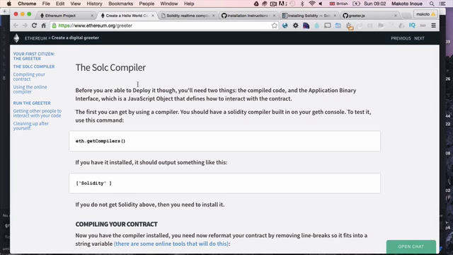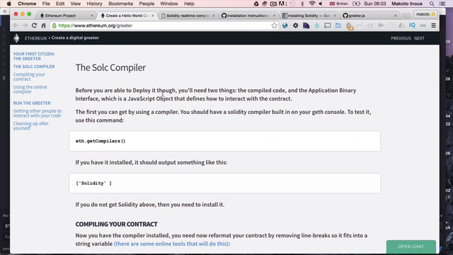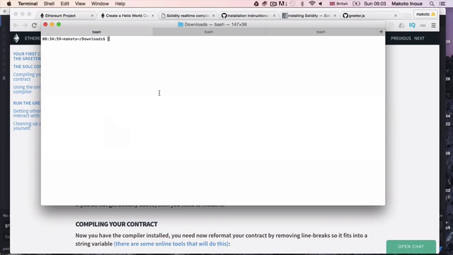In this solc compiler step, it expects that you already installed something called solc, which is a compiler to compile this Solidity code into the bytecode. But so far you only had this wallet, so you don't know where to start. To actually start, if you look into the command line,